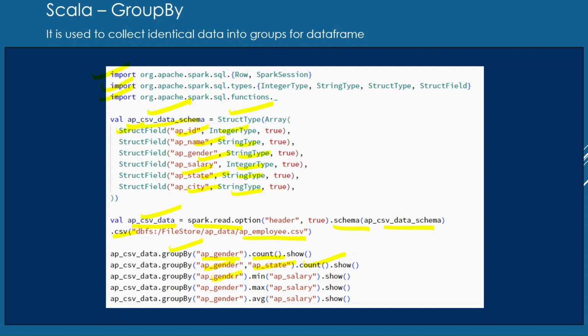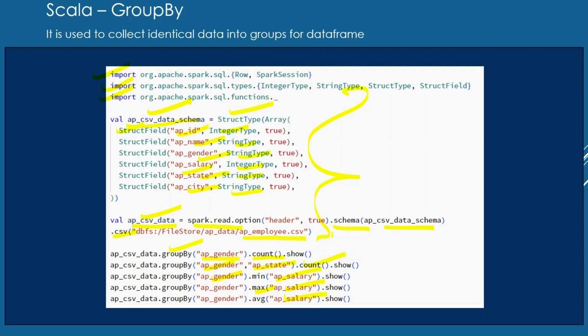So here I am grouping by AP gender, and we are doing the aggregate function of min. What is the minimum we are looking for? We are looking for the minimum salary. Here also this is a max function we are implementing over the group by collection. We are figuring out what is the max salary and here what is the min salary. So till here, creation of a data frame by reading a CSV file we have done multiple times in this video series.